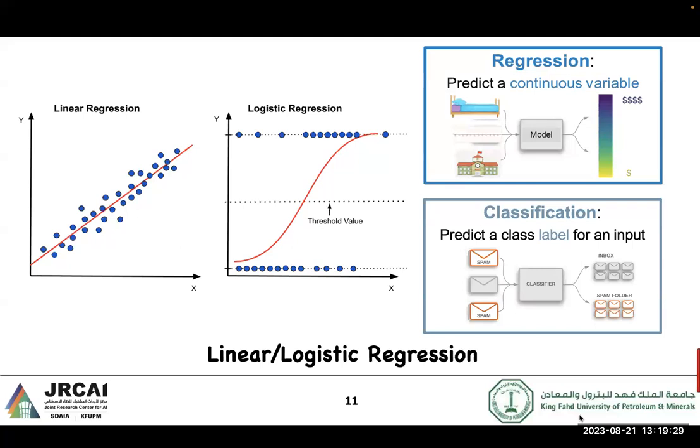On the other hand, if you have just a few labels, for instance, spam or not spam, this is a classification problem. We see here logistic regression is one of the oldest models used in regression and classification, and it's somehow the same algorithm, but here we try to find some kind of probability based on the sigmoid function. So we are trying to match the label with the probability of inference here.